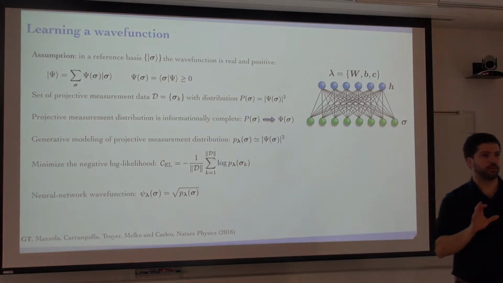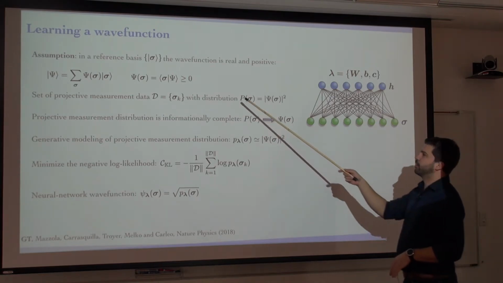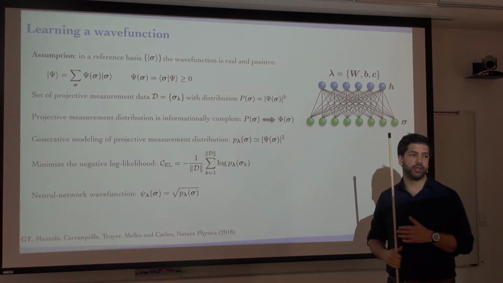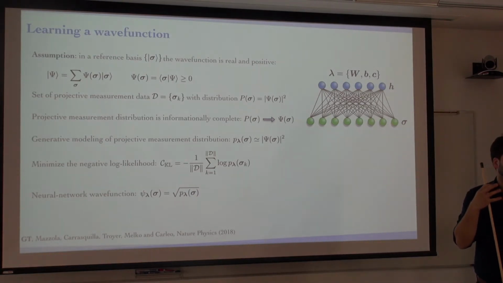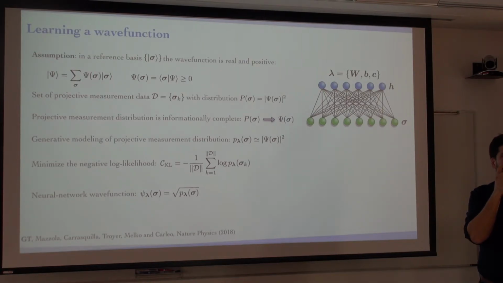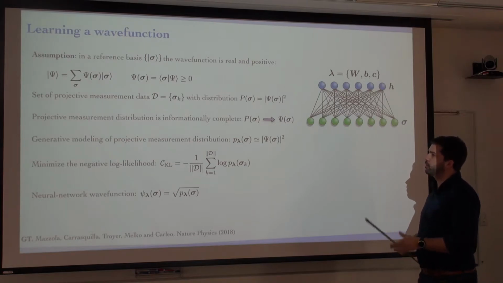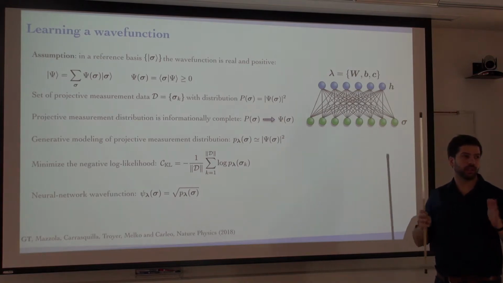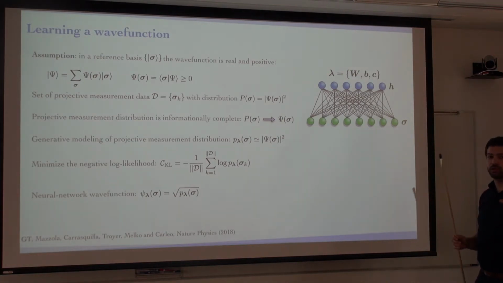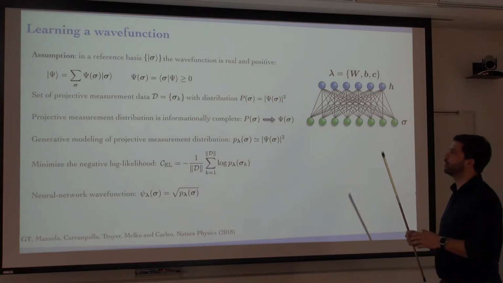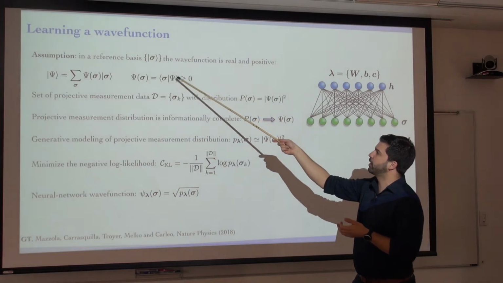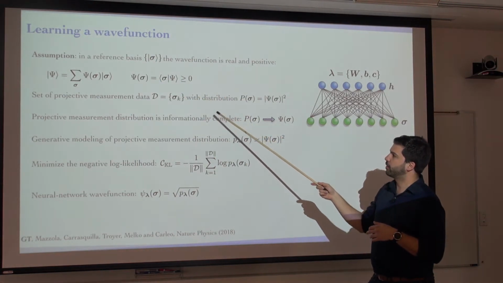Some of you might not like this, but this is indeed true for the ground states of many Hamiltonians, as long as the Hamiltonian is called stochastic. How many of you have heard this word before, stochastic? Okay, more than one, let's go. Essentially, the off-diagonal elements of the Hamiltonian are negative, and then the Perron-Frobenius theorem tells you that for the dominant eigenvector there is a local basis where it can be taken to be all of the same sign, all positive or all negative. But the point is that if this is satisfied, then if you do projective measurements on this basis,